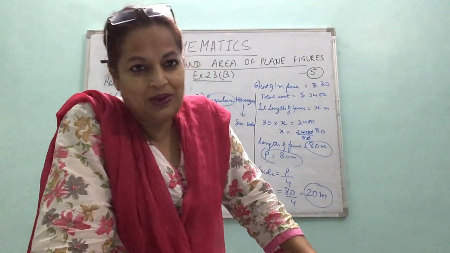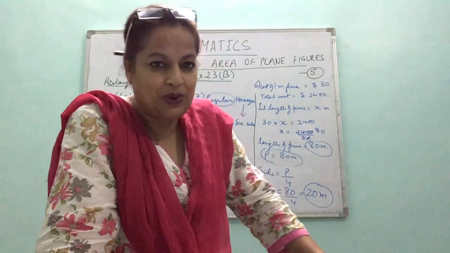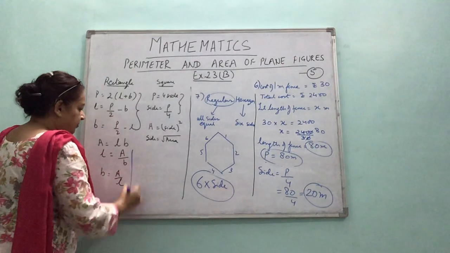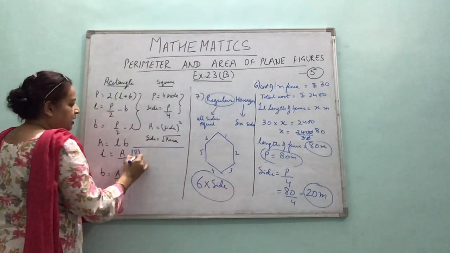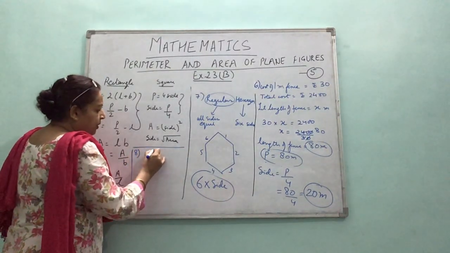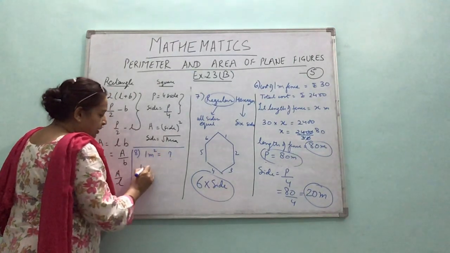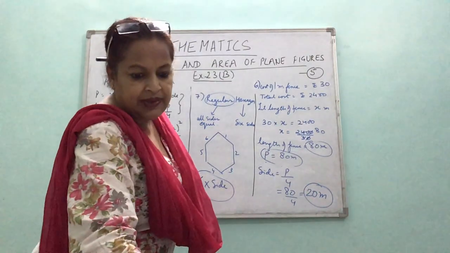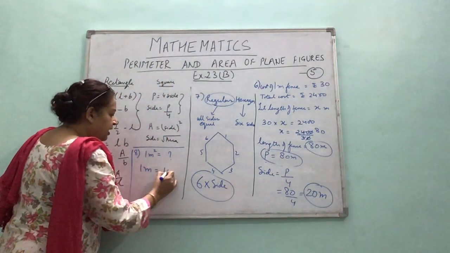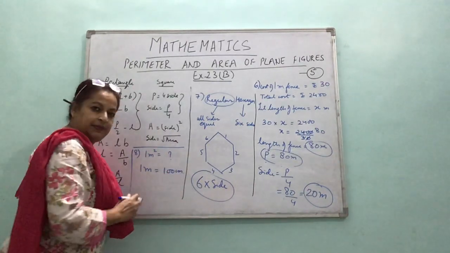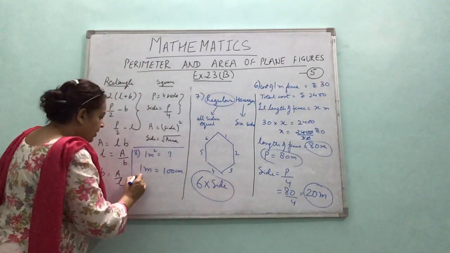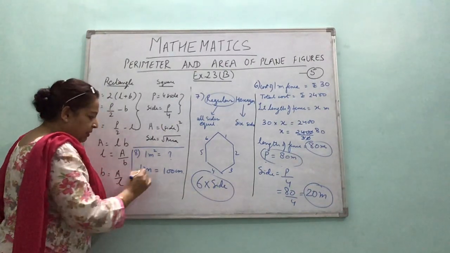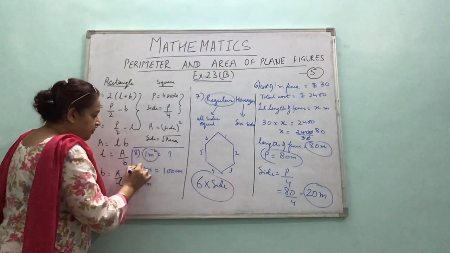Oh, very good. Unit. They are asking 1 meter square is equal to how much? This I have told you to learn also, but let's do it again. Doing it here. Question number 8. Now to find 1 meter square is how much? Before that, you go for 1 meter is how many centimeter, because we have to find it in centimeter only. So first we get 100 centimeter. Square means 1 meter into 1 meter.